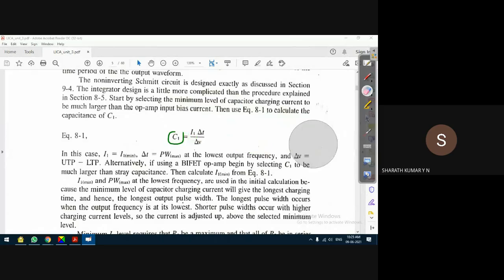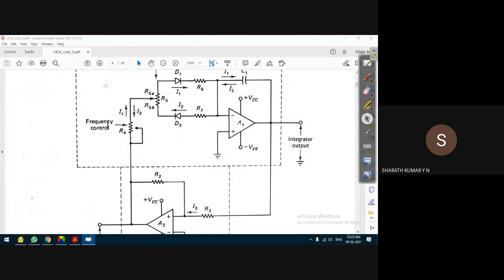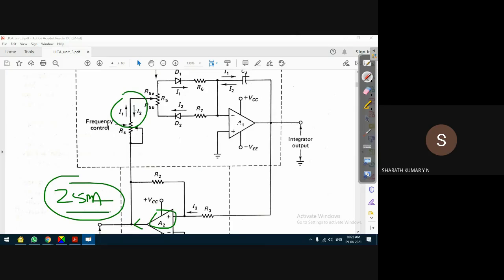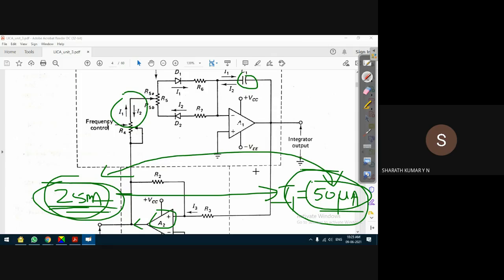What is the problem with that? If you observe this circuit, where the current I1 is coming from, I1 current is coming from the output of the Schmitt trigger circuit, and we know that the maximum output current of the op amp is usually 25 milliamperes. So based on this, we have to design the value of the capacitor. We cannot even design it for 25 milliamperes. That's why I said, the value of I1 is taken as 50 microamperes in most of the design procedures. Though the maximum output current of the op amp is 25 milliamperes, we select only 50 microamperes, because